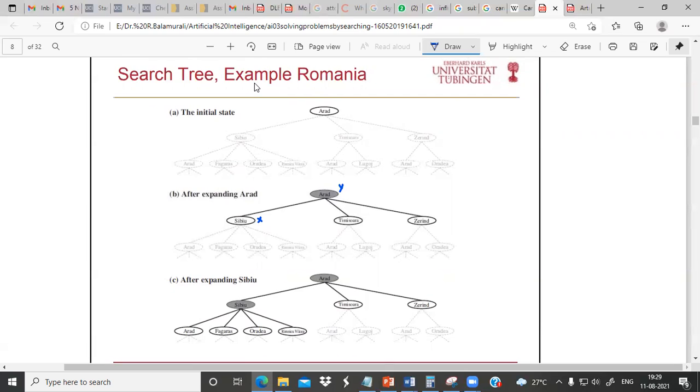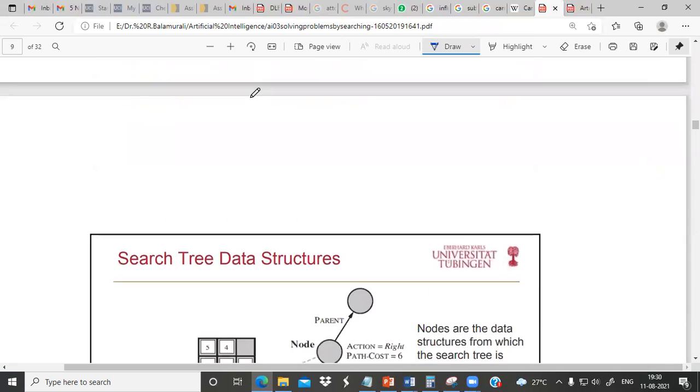But the problem with this approach is certain states will be explored more than once. For example, Arad is popping up more than once. So again and again you have to do all those things. Whatever comes out of Arad, here again it will come up. Are you getting? So unnecessarily the time complexity and the space complexity of the algorithm will increase. So is there any way to avoid that? Yes, it can be avoided